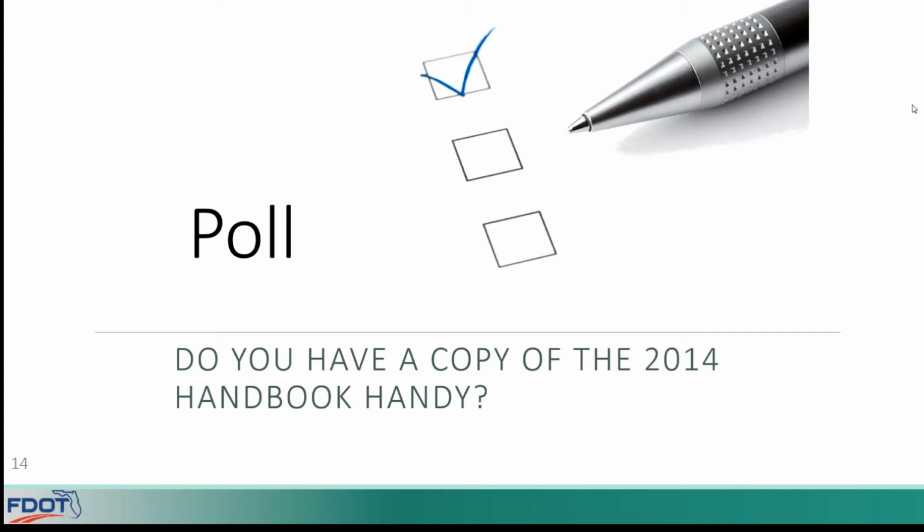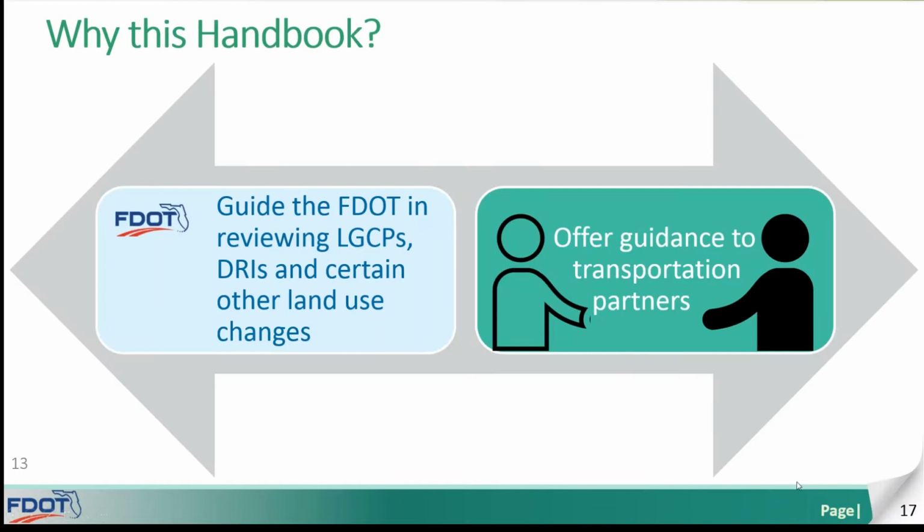Got another poll for you here. I'm going to go back one slide and point out something that I didn't point out before. Occasionally you'll see this page curl over on the bottom right. And what that says throughout our presentation, that this corresponds to page 17 in the PDF version of the handbook, or if you've printed it out. In the future, if you don't have it now, you might want to have it printed out and ready to go to.